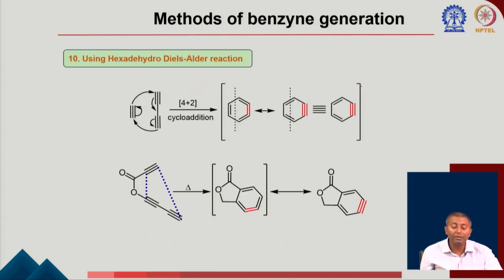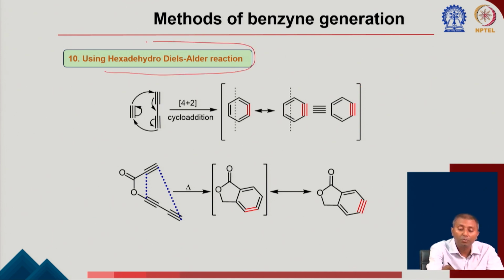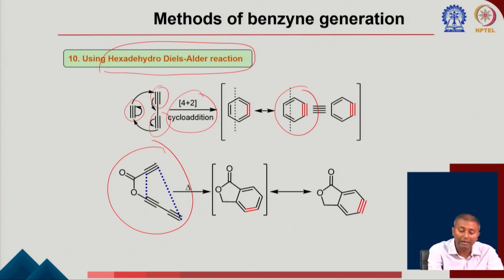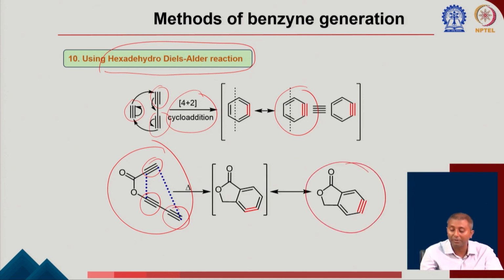The other method uses the hexadehydro-Diels-Alder reaction. If you see, there are 3 different alkynes here, which can participate in the 4+2 cycloaddition, and in the 4+2 cycloaddition this can form the corresponding benzyne. You can think about the very same reaction here: you have the alkyne, you have alkyne, so these 3 alkynes actually form this cycloaddition. It's a hexadehydro-Diels-Alder reaction going to form the corresponding benzyne, which can further take part in